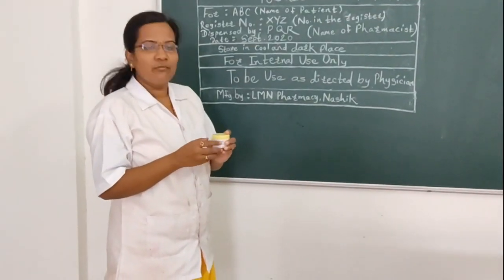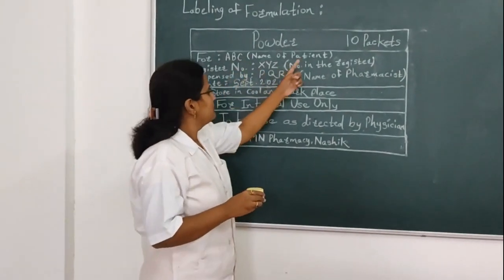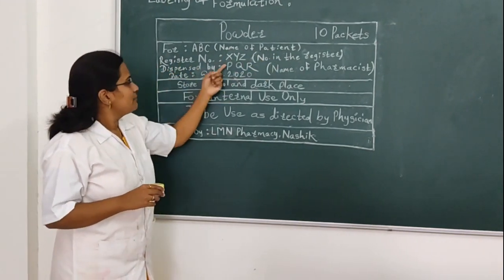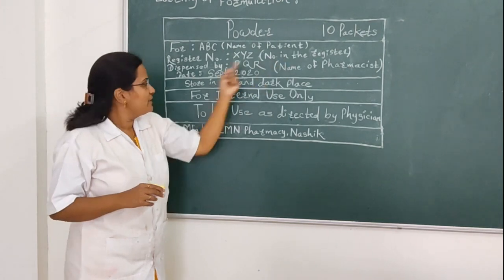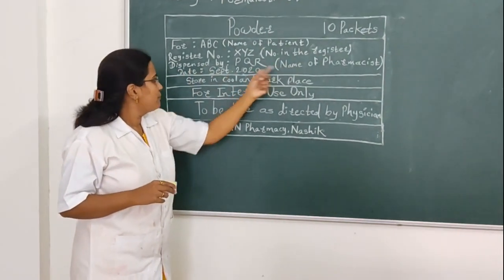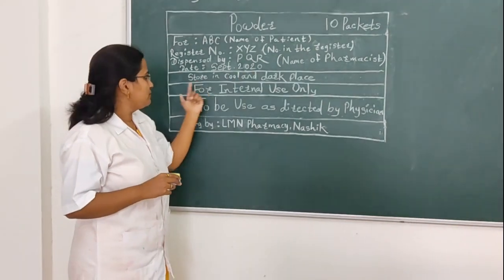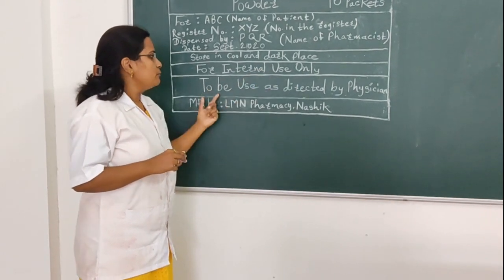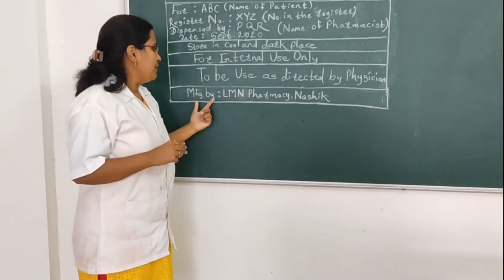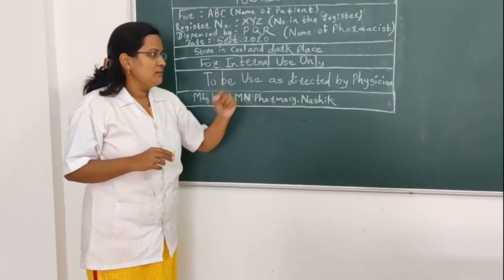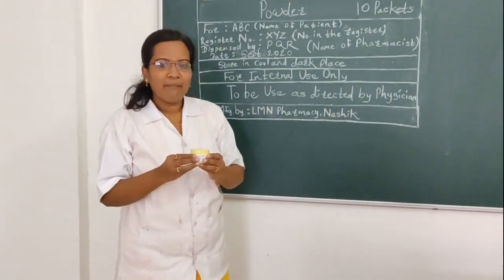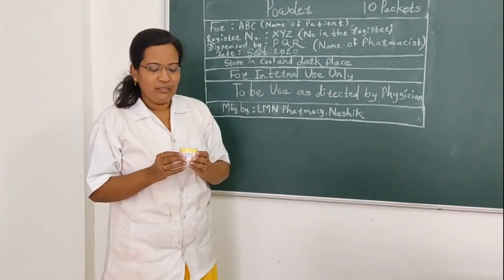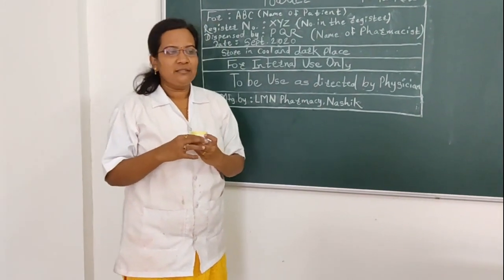So we will move towards labeling of the formulation. Powder containing 10 packets. For ABC, meaning name of patient, register number XYZ, meaning the number given in the register, dispensed by PQR, that is name of pharmacist, manufacturing date September 2020, store in a cool and dark place, for internal use only, to be used as directed by physician, manufactured by Element Pharmacy, Nashik. Result: the 10 packets of this powder are submitted in this white mouth bottle. The instruction on label as for internal